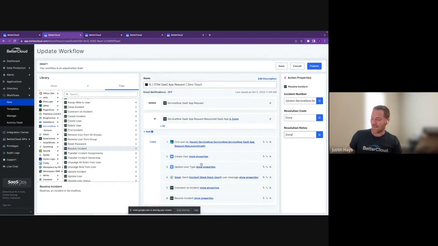I update that user in step 3, send them a Slack notification, let them know that they have access to this tooling. Finally, comment on the incident and resolve it again. So what we land with here is that now this is a zero-touch process for IT. Anytime a request comes in for an application, you set this up across your different platforms or different apps. This is a turnaround time of instantaneous, no time from an IT perspective, and no turnaround time on a user